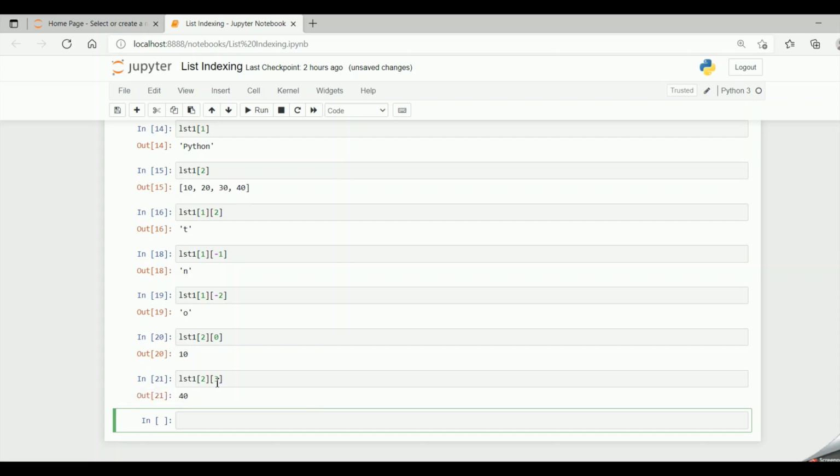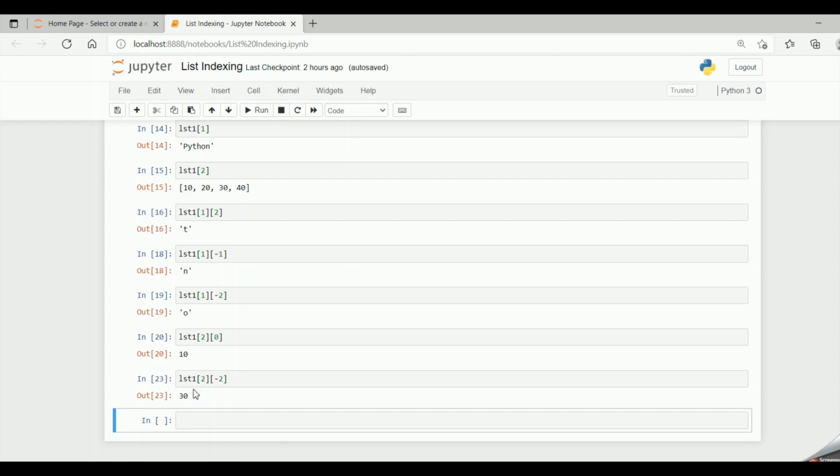Now if I say -1 instead of 3 and run the code, I again get 40 because at the -1 index we are having 40. If I say -2 and run the code, I get the value 30 because -1 is holding 40, -2 is holding 30.